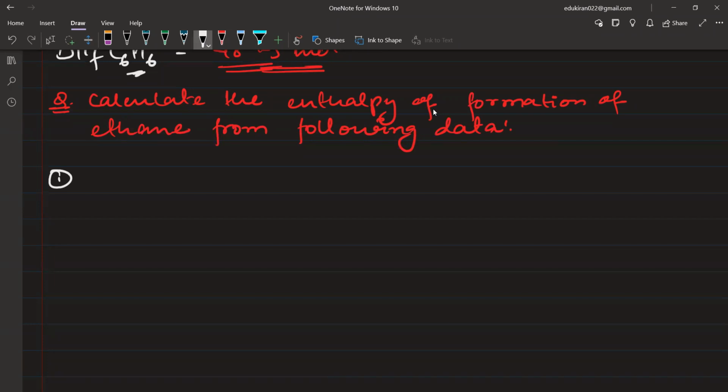The first equation is given. Carbon plus O2 gives you carbon dioxide. And the enthalpy of this reaction is given out to be minus 393.5 kilojoules